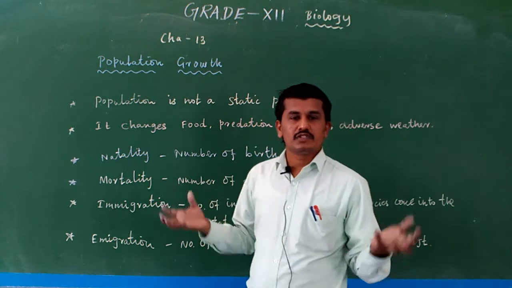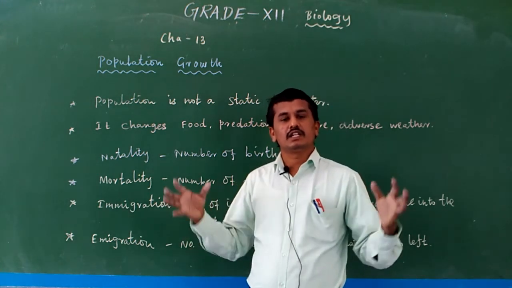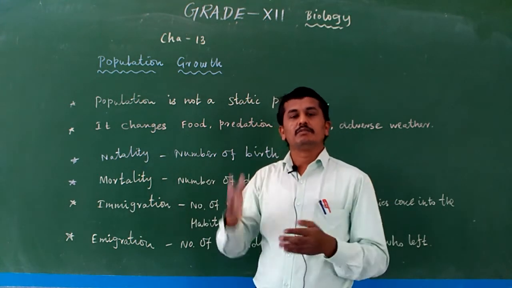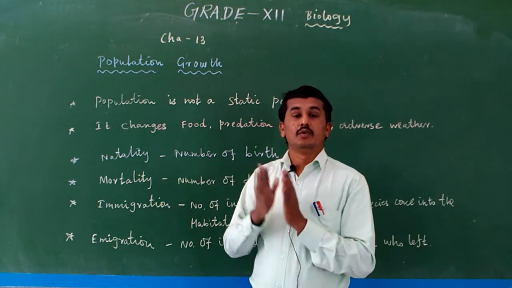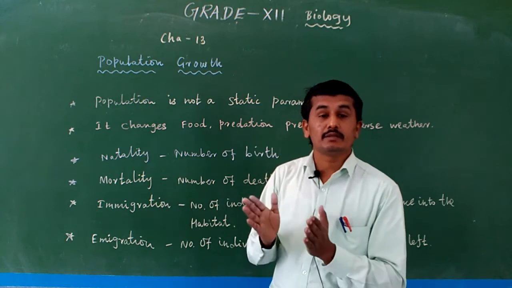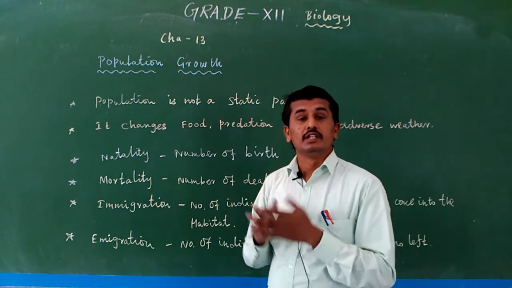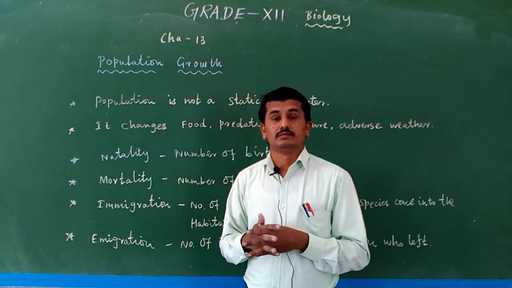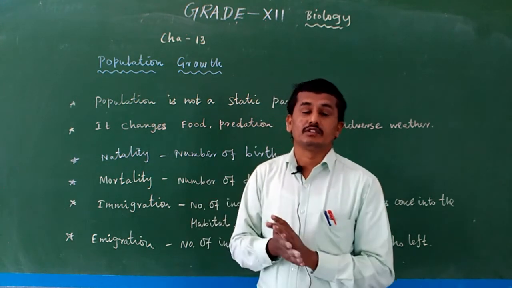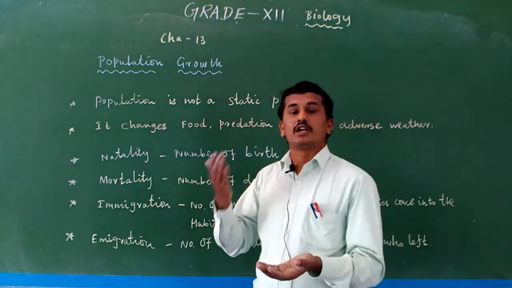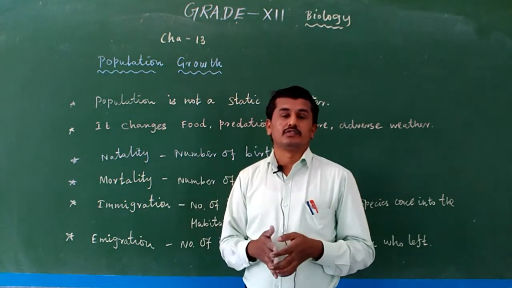Okay, so normally the organisms' population fluctuates; it is not a static parameter in the natural ecosystem. Maybe if we artificially provide food, shelter and proper weather, it may increase, but in natural condition, in the original habitat, habitat means what? The dwelling place, the living place of the organism. So in a natural habitat, it fluctuates during the season. Seasonally it is modified, maybe increase or maybe decrease.